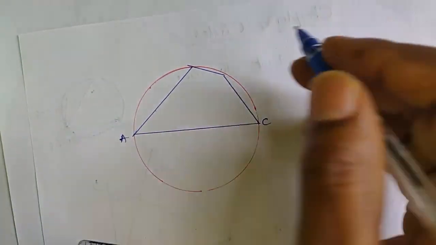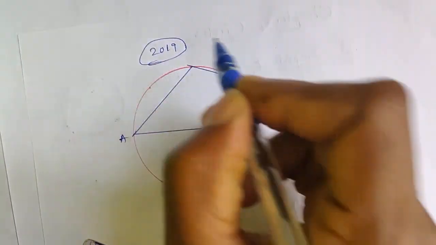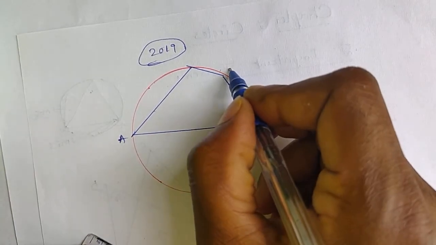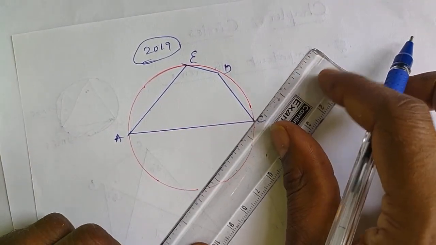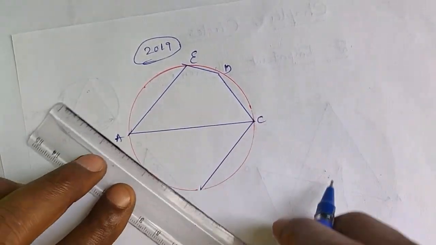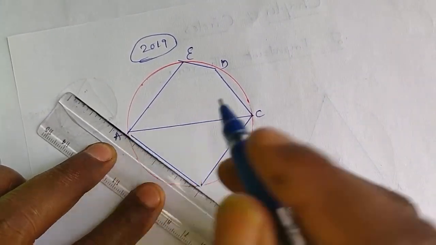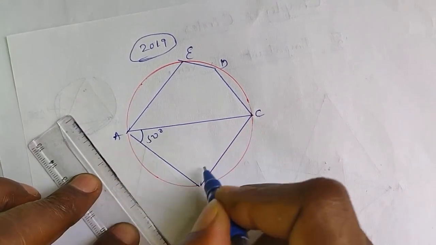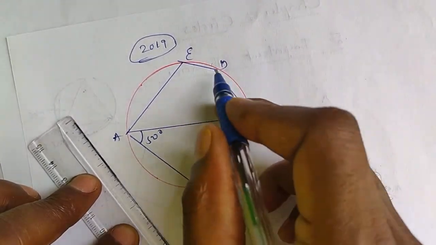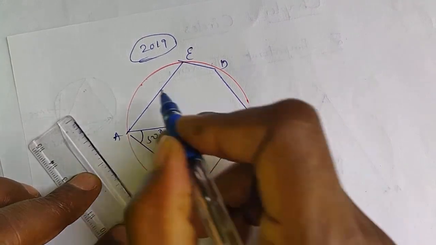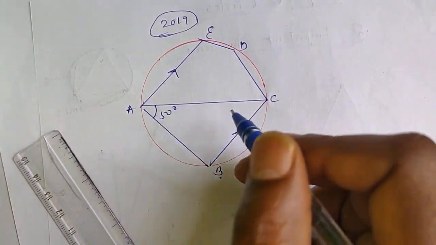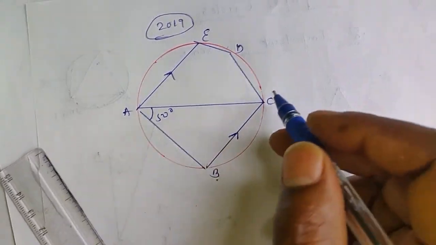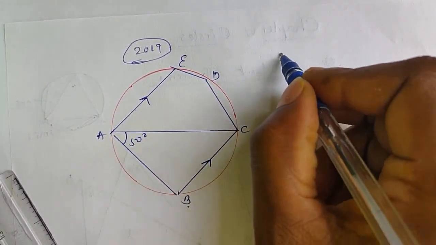This is one of the problem figures which was asked in 2019. This is the problem figure. Here 50 degrees is given, with points A, B, C, D, E, and one more clue is given, this arrow mark. Remember, when an arrow mark is given, these two are parallel lines. The questions are, find